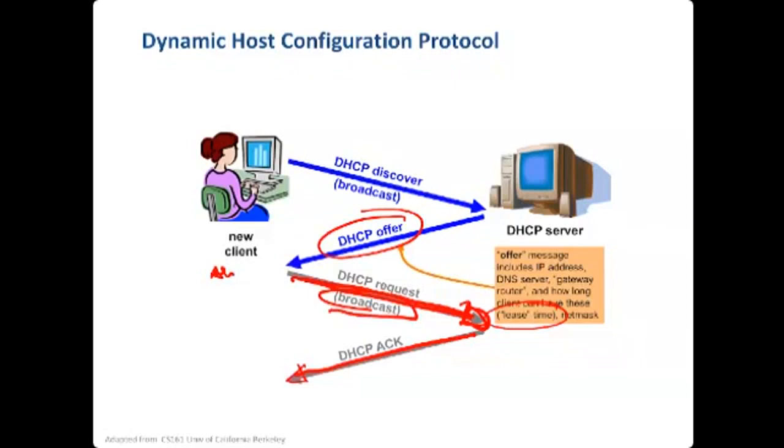What is the criteria for Alice to accept one of the offers if there are multiple offers coming to her? There is no criteria. Whoever sends it first wins, right? Now, of course,